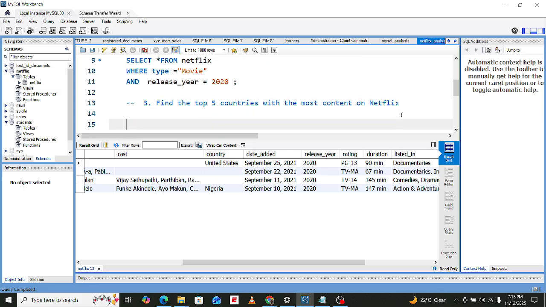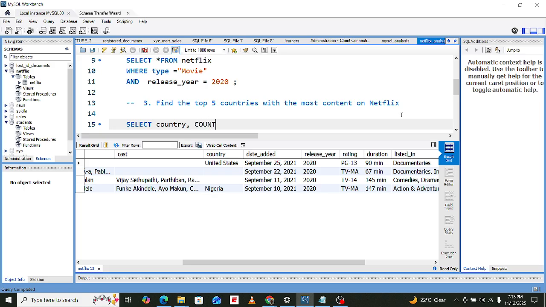Can you just give us the query? Select country, and then comma, count of all. Use the count function.